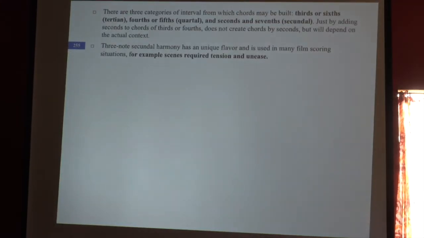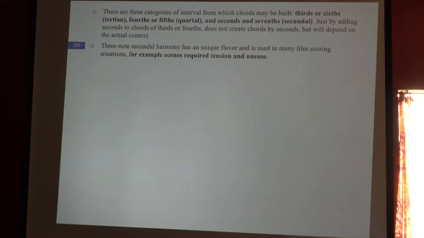Chords by seconds. Okay, there are three categories of intervals from which chords may be built. Thirds or sixths, tertian, right? We know that. That's common practice. We all understand that. Fourths or fifths, chordal, which we dealt with before, we talked about in previous weeks, or